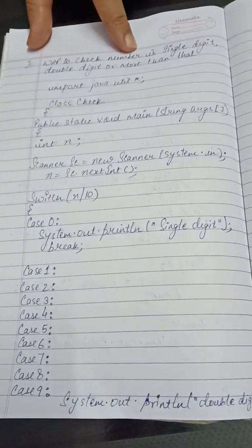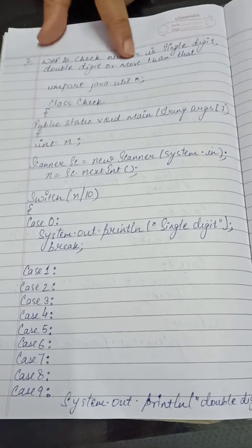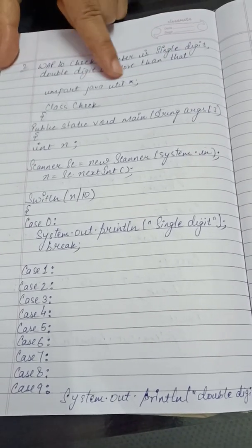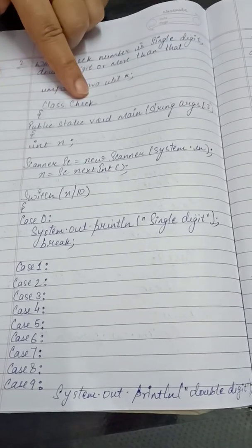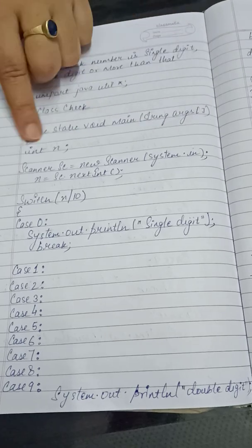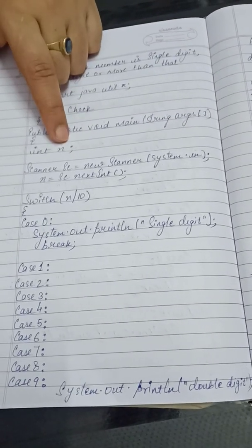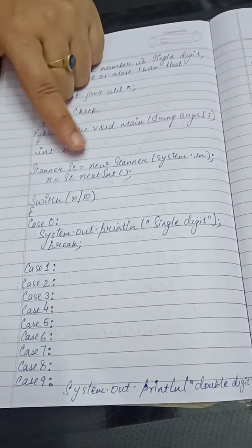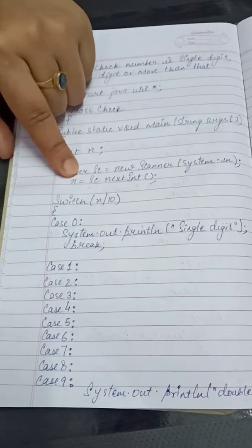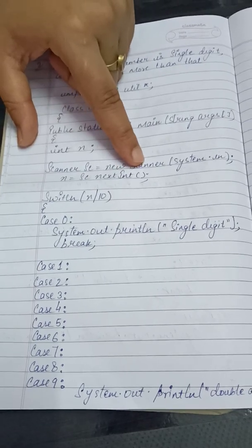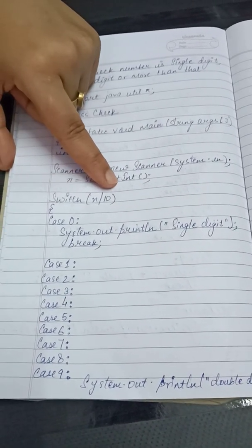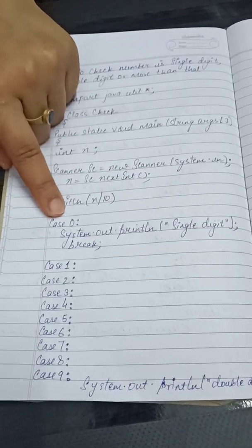Now you can see this next example, to check whether a number is single digit, double digit or more than that. Now I have taken this import java.util.*. Class I have taken Check, public static void main(String args[]), int n I have taken, Scanner sc = new Scanner(System.in), n = sc.nextInt(). In switch I have taken n/10. Now case 0,